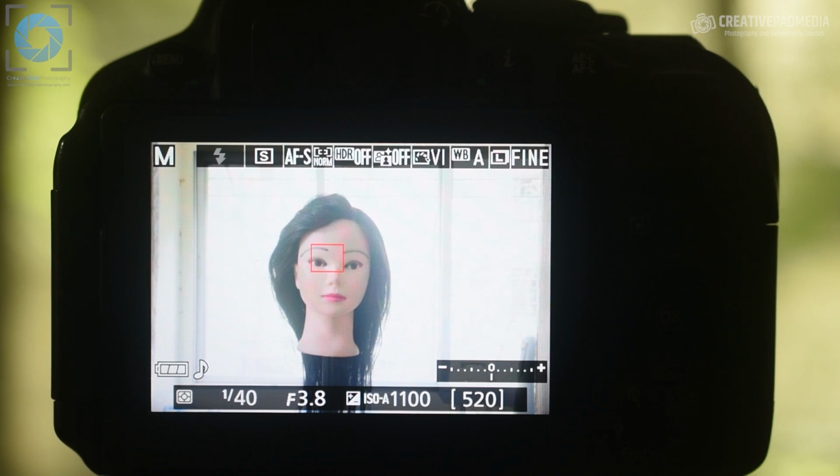Most of the cases, yes, it will work, but sometimes in situations like these, for example, when there's a subject against a very bright light, or if you're shooting a very dark subject, which may not come out as properly exposed with the meter in the center, you can always use exposure compensation to correct this. Later on, of course, we'll also be seeing some more advanced ways to get over these things, which is the usage of flash, the usage of reflector, but that is something that we'll be seeing in the following sections, not right now. Right now, I just want to tell you how you can solve this problem right from your camera